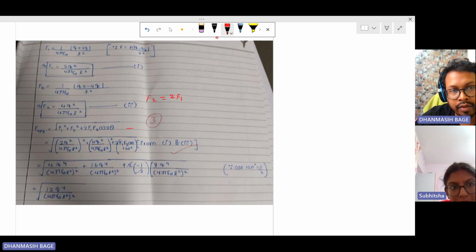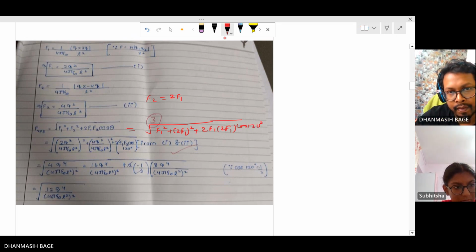Like in this case, you could have simply done F1 squared plus 2F1 squared plus 2F1 times 2F1 cos 120 degrees. And then if you go on solving, this is F1 square plus 4F1 square